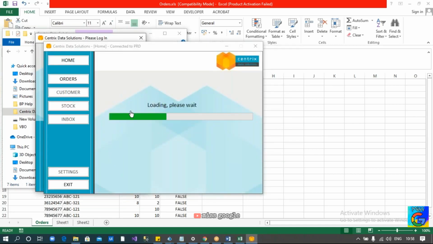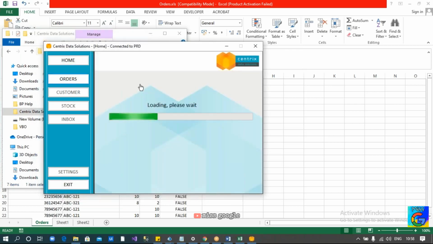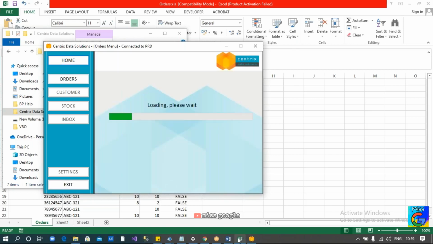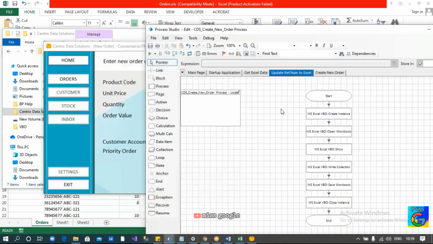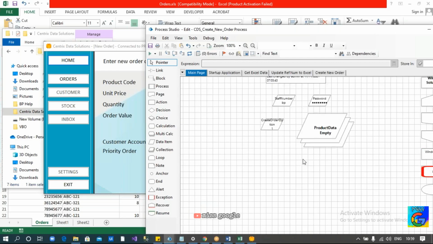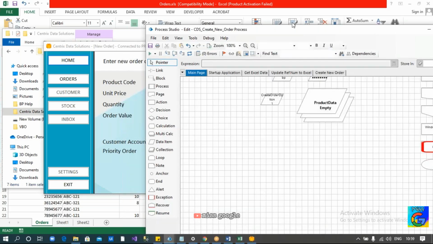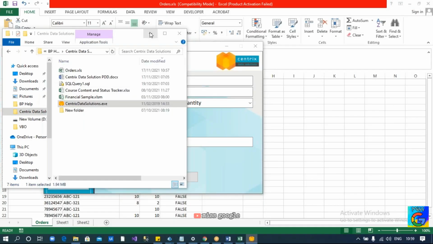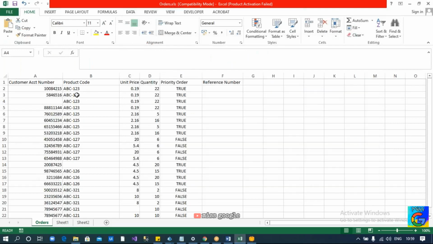We are not doing this manually. We are passing the whole data to our bot. What is our bot going to do? When I say bot, don't get confused. Bot is nothing but our solution or process. Our process itself we call as a bot. Now what is going to happen here? For the first two records, I will be able to create the order and read the reference number properly. Now when coming to the fourth record,